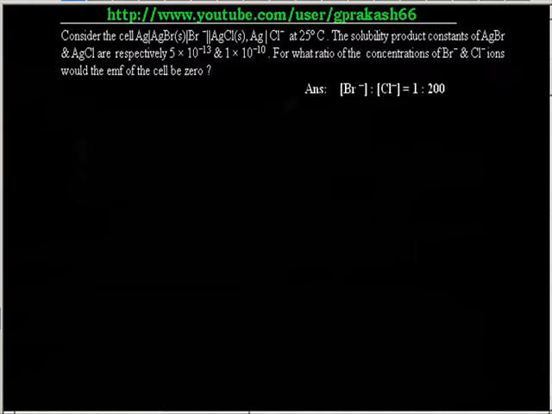Now this problem is an example of a concentration cell, so we'll discuss the concentration cell. These are easy problems because we have E degree cell as 0. Now you see, what is the left side? Left side reaction, that is the oxidation half cell.